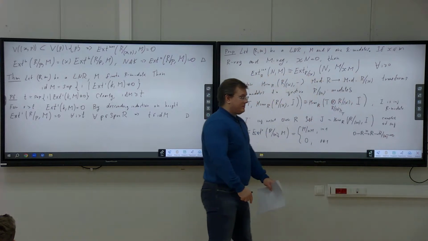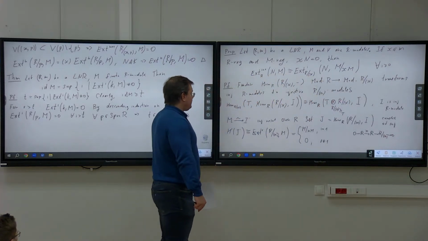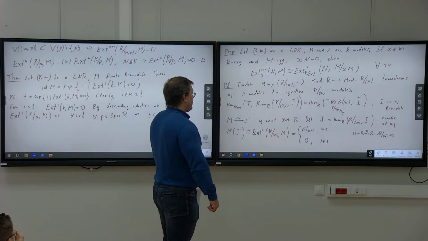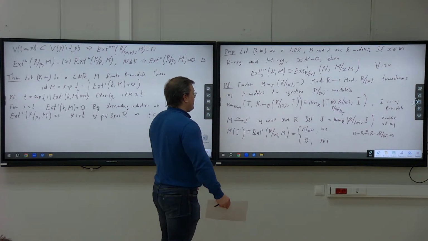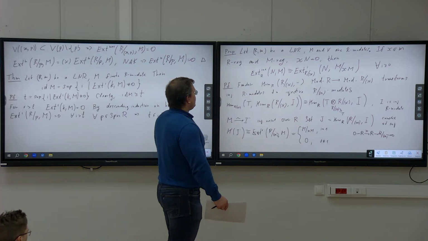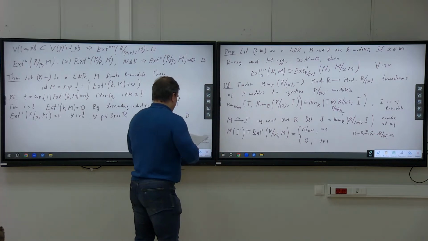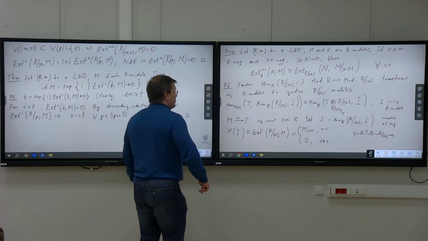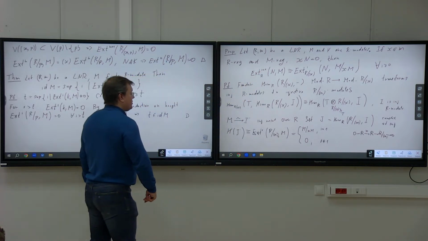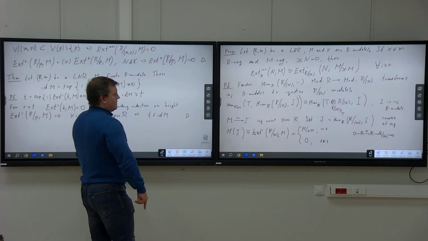Right, this is the projective resolution. And if I take the Hom from this resolution into M, X is still regular on M, so there will be no zero cohomology, but there will be first cohomology exactly the quotient of